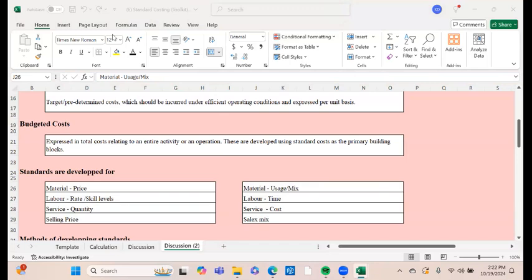But before we go to the further discussion, can you tell me, any one of you, do you have standard costing systems in the organization that you work for? Or have you had standard costing systems in the organization that you work for? Any of you? Yes, sir. Would you like to take a minute or two to explain how you do it or what you think could be useful to them? Yes, there's a practical example.